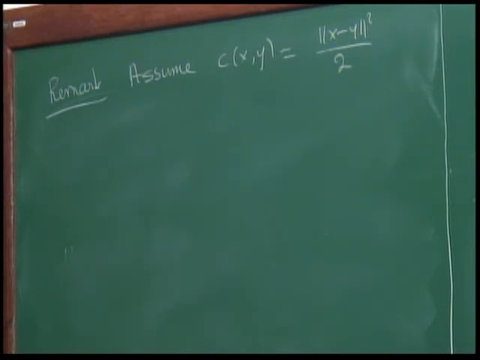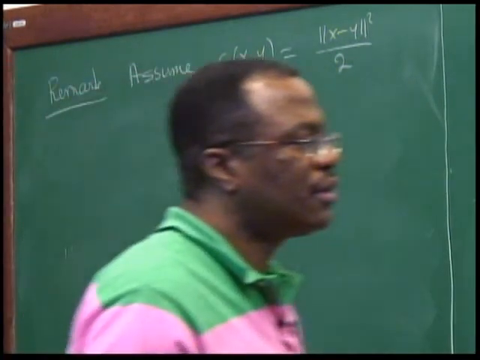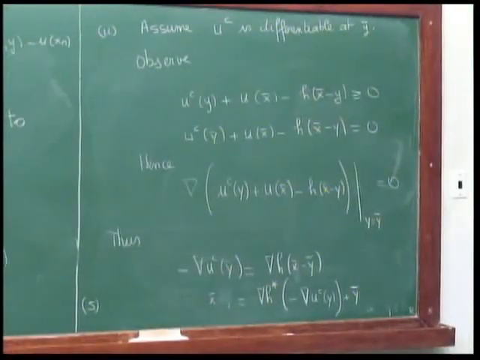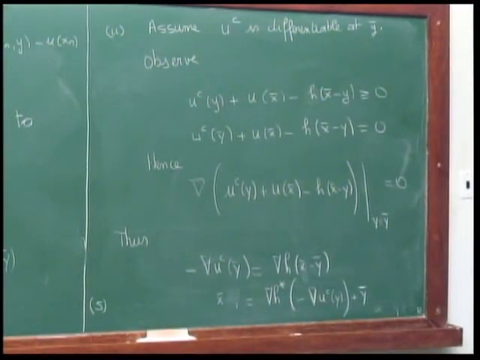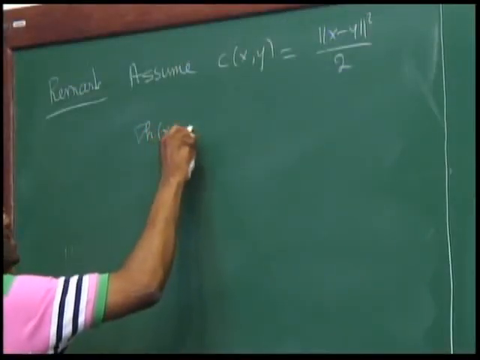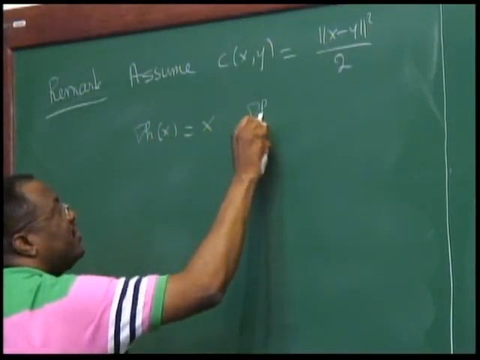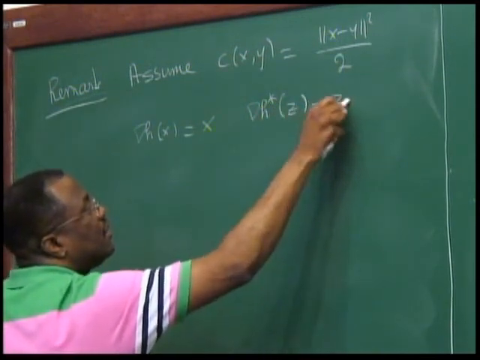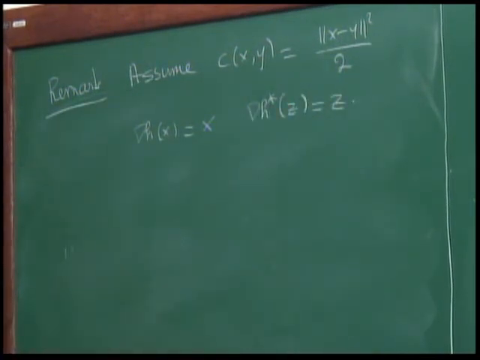Then what is written there, call this 5. So the gradient of h of x is x. The gradient of h star, the inverse, is z. And so 5